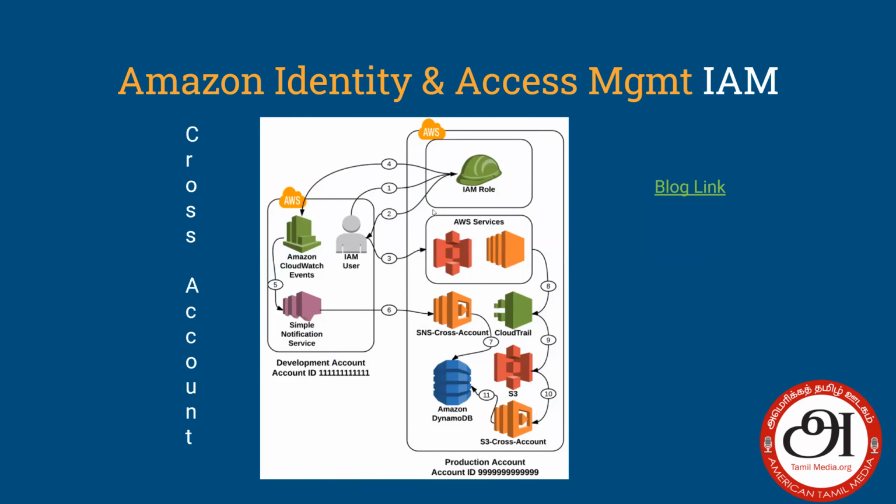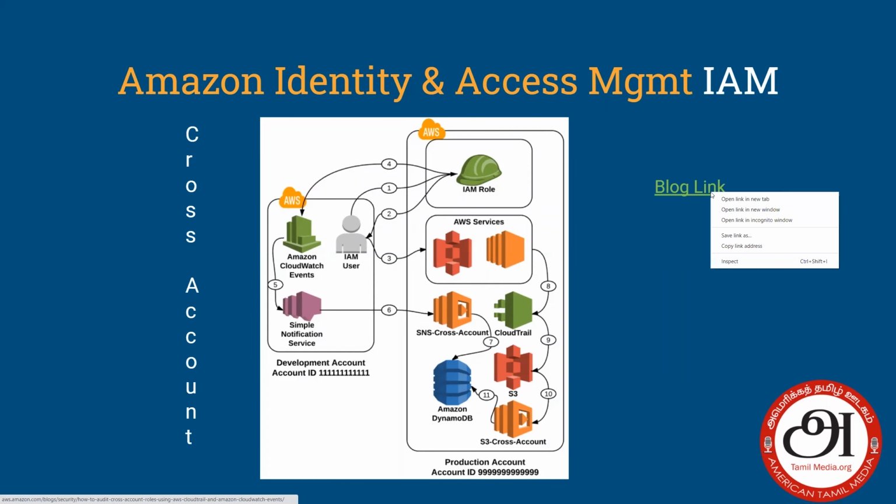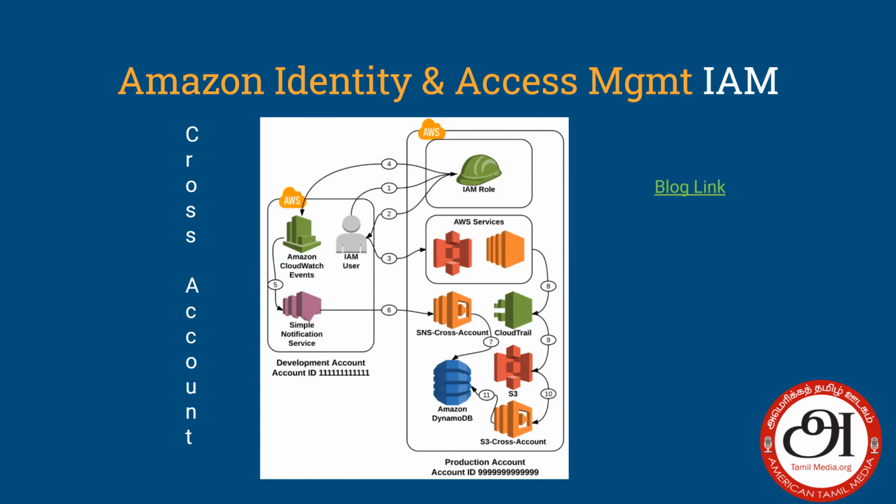And this is another example of cross account privilege that we already saw. One simple illustration. I'm pinging this link again in the chat window. You can reference it later. This is a little complicated. It has multiple steps. In this case, the user goes from development to production IAM, getting authenticated, and then gets the session information, and with that he goes and accesses all the AWS resources, whatever he wants.